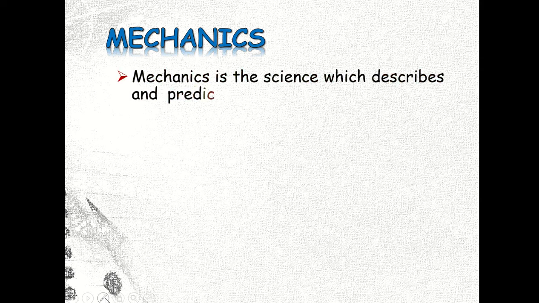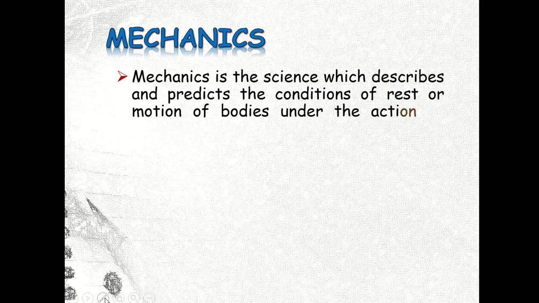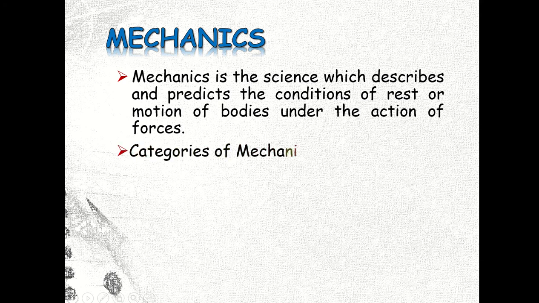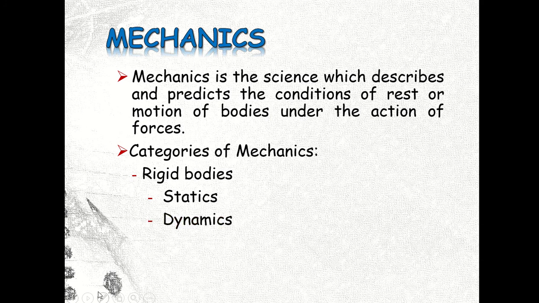And then we have here the definition of mechanics. Mechanics is the science which describes and predicts the conditions of rest or motion of bodies under the action of forces. And we have here the categories of mechanics. Mechanics is categorized into three parts. One is the rigid bodies, wherein the statics and dynamics belongs to, and the deformable bodies, and the last one